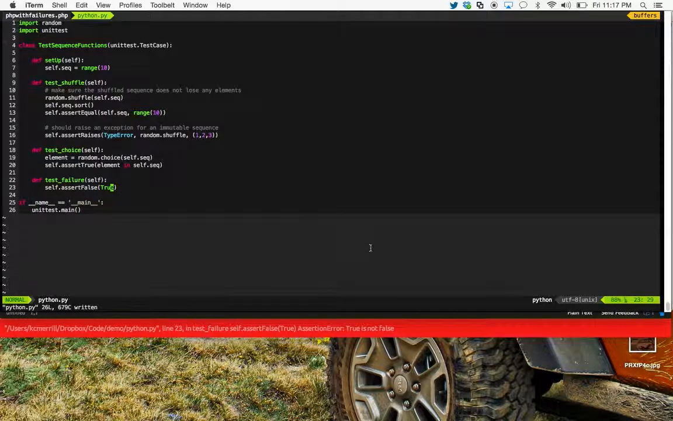So that's just a quick tour of vitamin C. It's still in its early stages. I'm not quite sure if I want to keep going with it or not. But if you've got any feedback